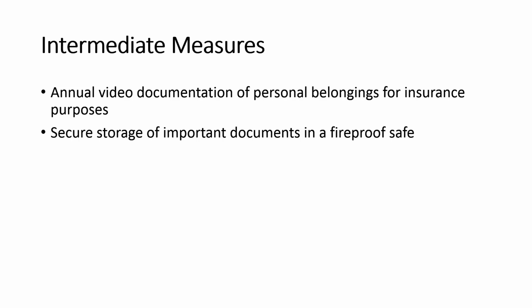Intermediate measures would involve taking an annual video and/or a spreadsheet to list all of your assets and the potential serial numbers. This would include the serial numbers of anything that's electronic, computers, vehicles, boats, airplanes, anything like that. Anything that has a serial number or a vehicle identification number. You can also take a video to document personal belongings for insurance purposes. Secure these